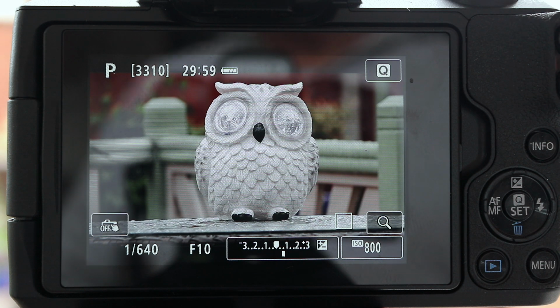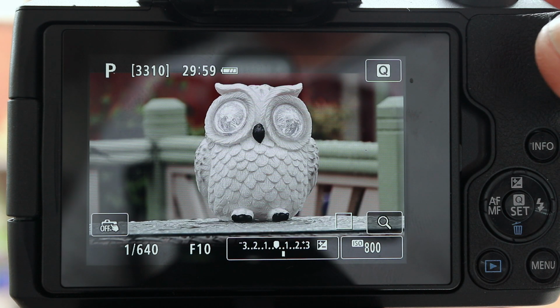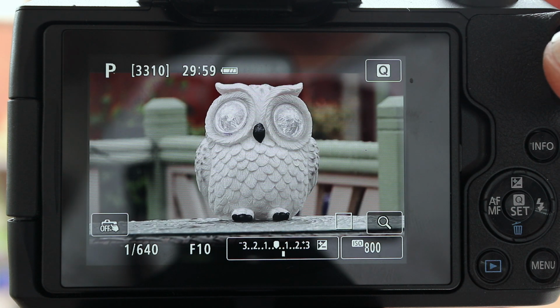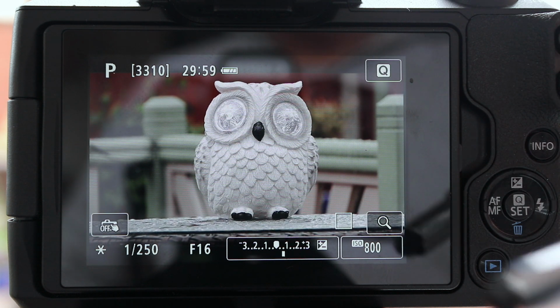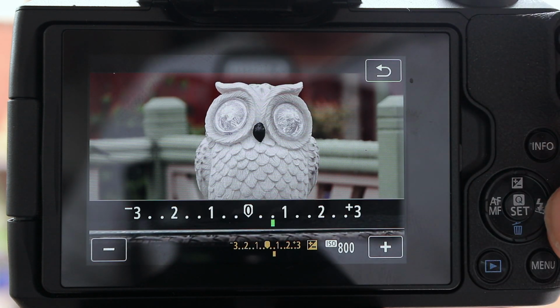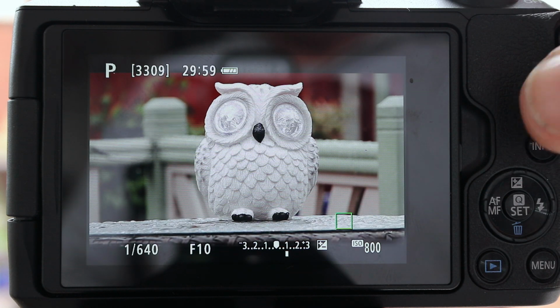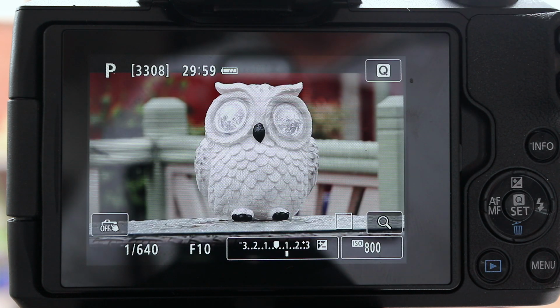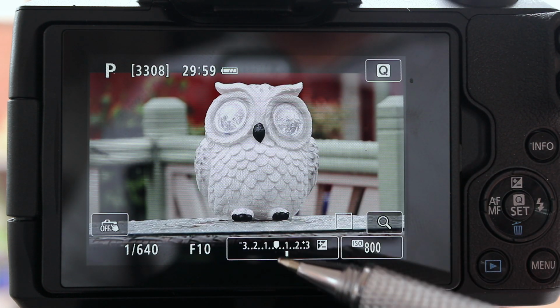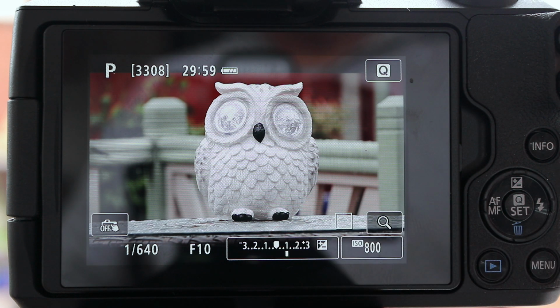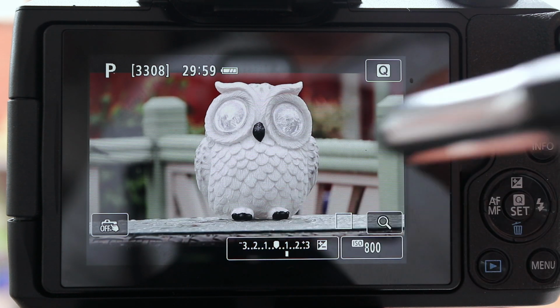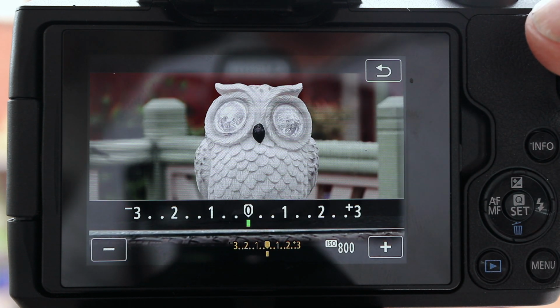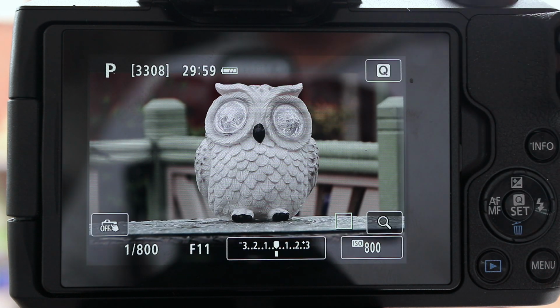And of course, if you wanted to use that in combination with your fixed aperture and shutter speed, you use a star combination. So if I wanted f/16, press the star, that will lock it in, and it will lock it with the exposure value compensation that I apply. So for each shot now, we will have that f/16 with 1 EV applied. If you release the lock on the aperture and shutter speed, the exposure value compensation remains, as that's a manual process. If you wanted to go back to 0 EV, just click into your exposure value compensation and return that to 0 and press set to give you the same shooting conditions.